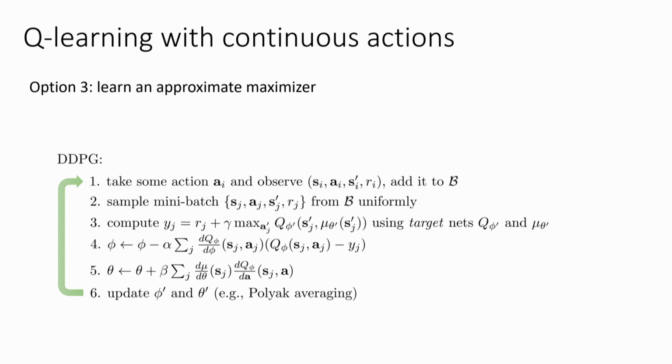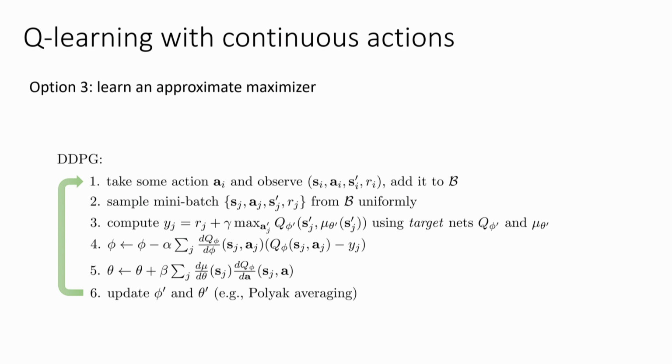Yes? Wouldn't it be better to first train mu separately and then use it? Right. So the question was, wouldn't it be better if we just train mu to convergence and then use it? You could actually do that. In fact, there are some delicate trade-offs between how much you update mu versus how much you update Q. But remember that Q is constantly changing. So if you want mu to keep up, you have to keep updating it somehow. Now you can probably play some clever games in terms of how often target functions get updated and so on. But in general, you do need mu to keep up somehow.